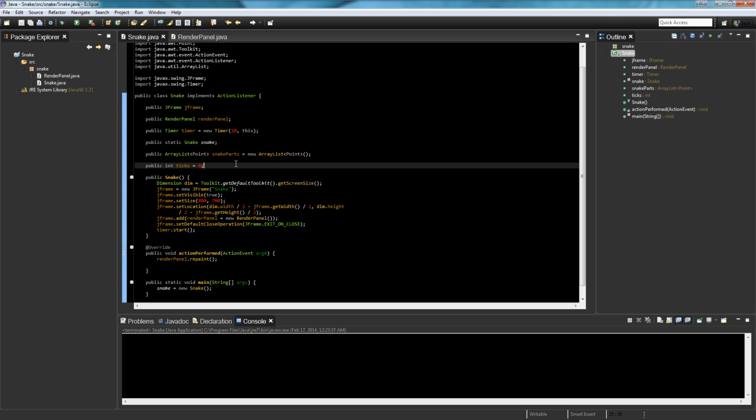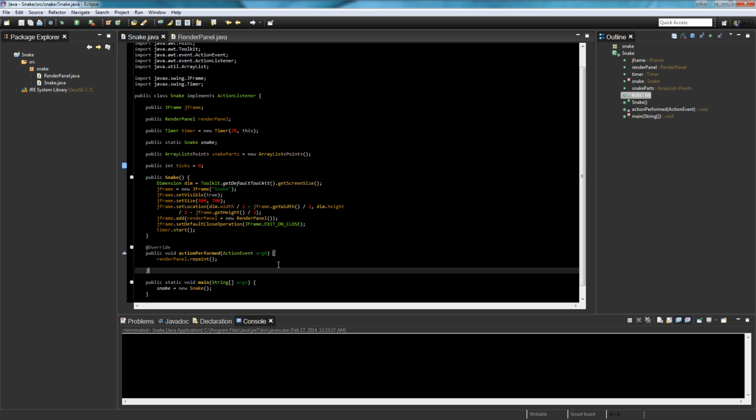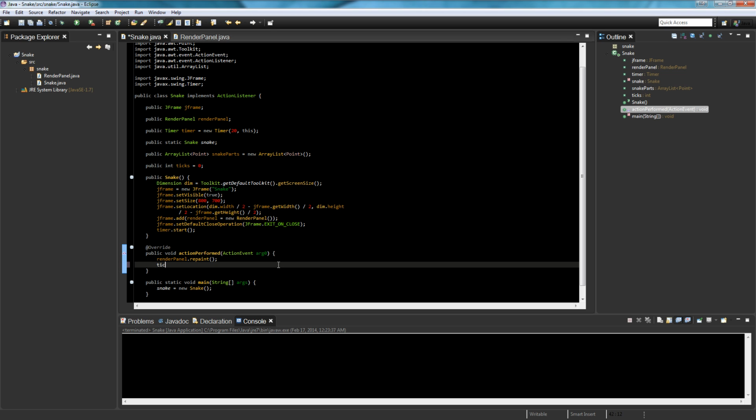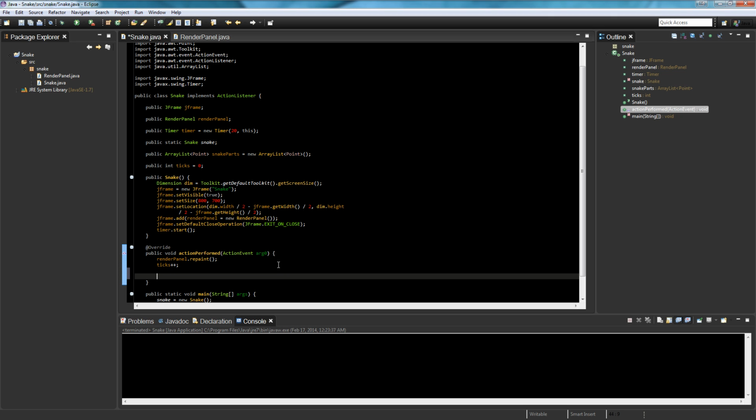It's gonna be ticks, and it's gonna be equal to 0. So every tick, we wanna make sure to increment that by 1. So ticks plus plus. And if ticks %20 equals 0, that means every second. So let's do 10. So every half a second, it will